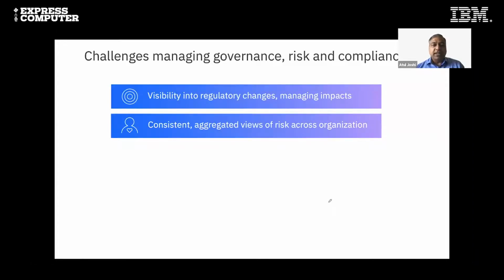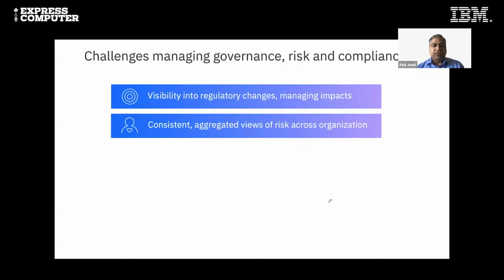Now the impact of that would be it would be difficult for the top management to get a complete holistic view of where they stand in terms of those risk KPIs, or as we call risk heat maps, across the organization. So if the consistency is not there, you will always have trouble mapping the overall impact of these challenges